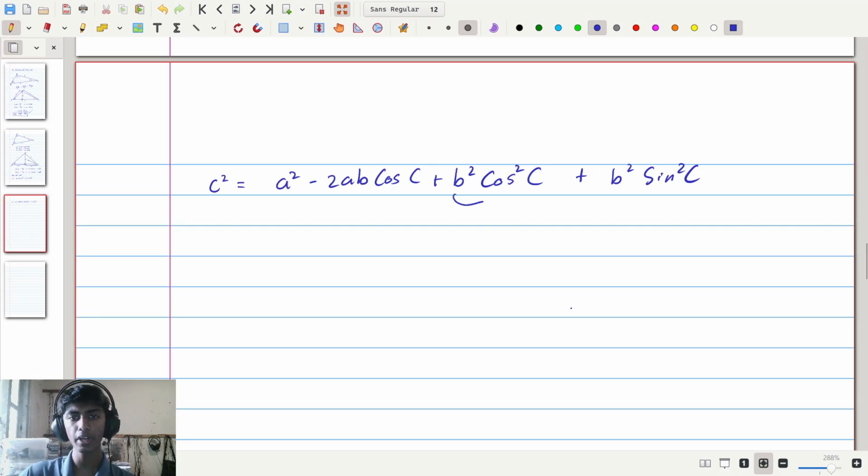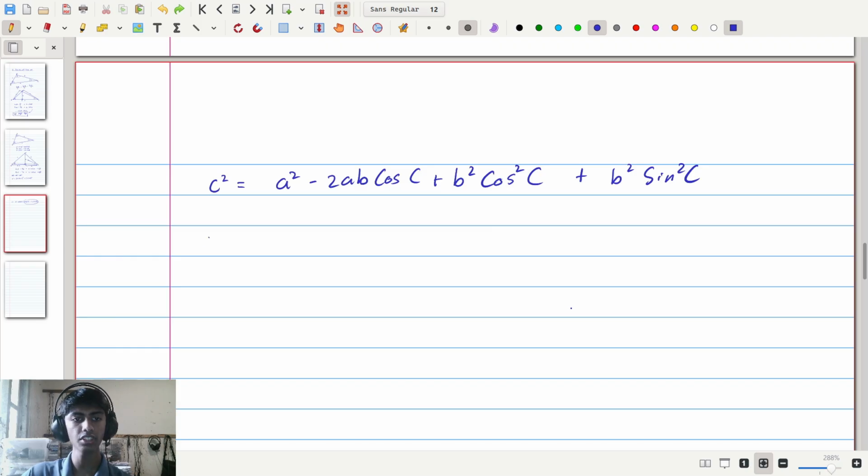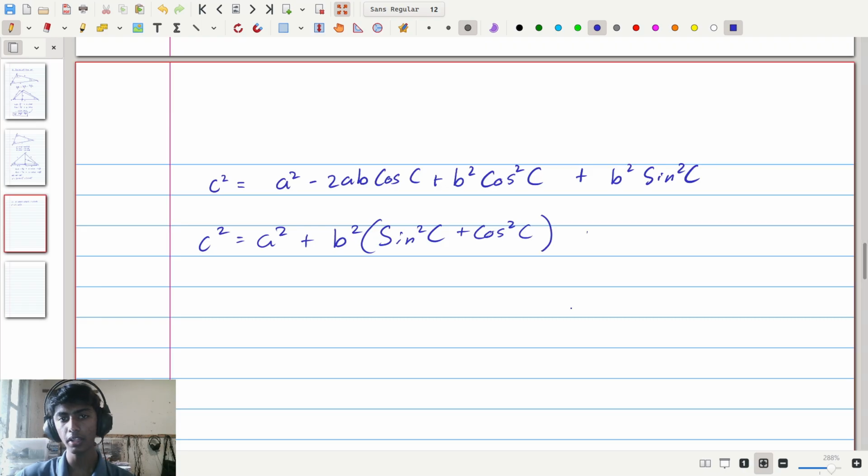Notice here we have B squared cos squared C and B squared sine squared C. I'm going to pair them up. I'm going to take out the common factor B squared and bring it here. So when we do that, we get that C squared is equal to A squared plus B squared times (sine squared C plus cosine squared C) plus, actually,